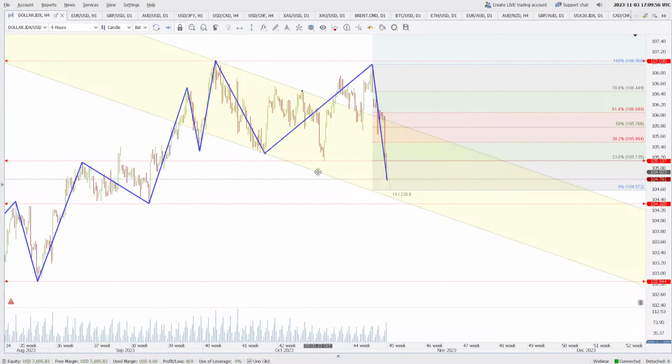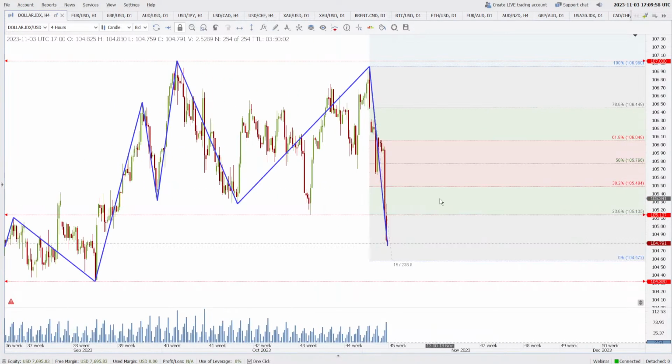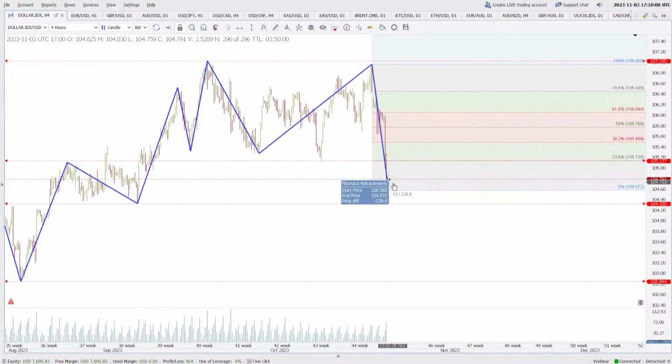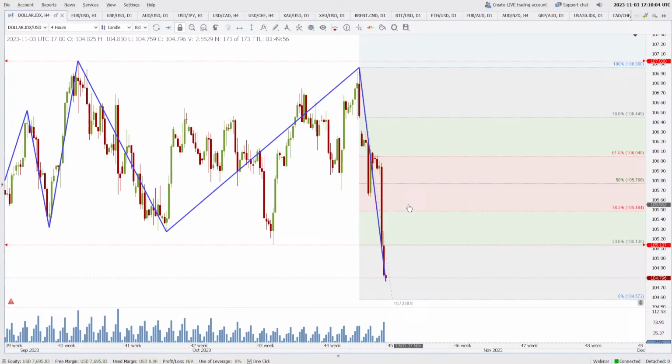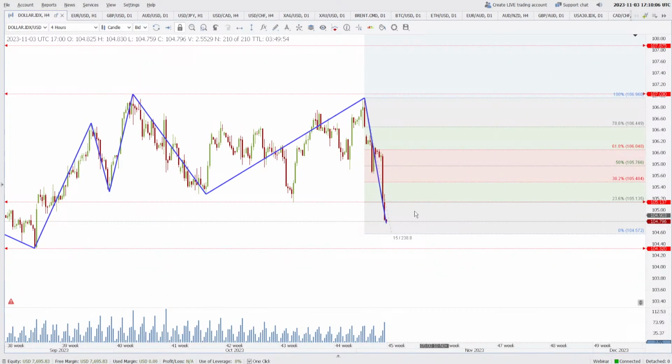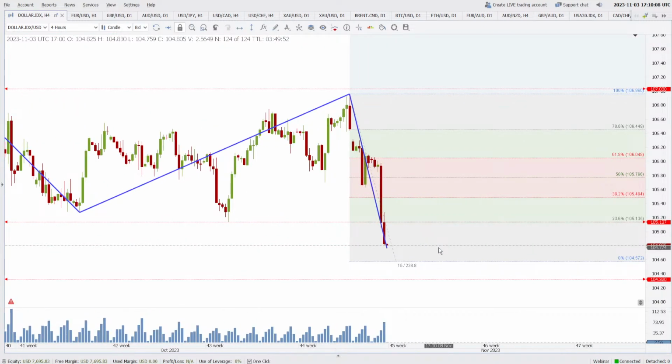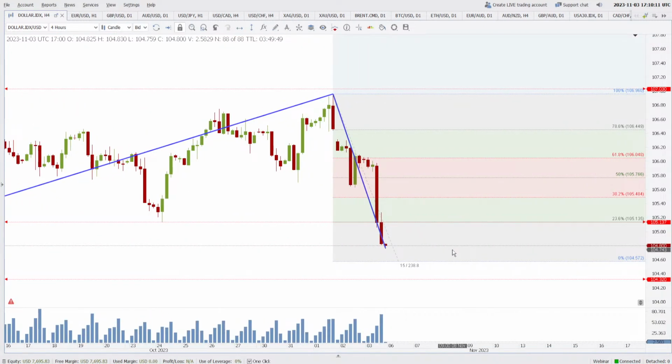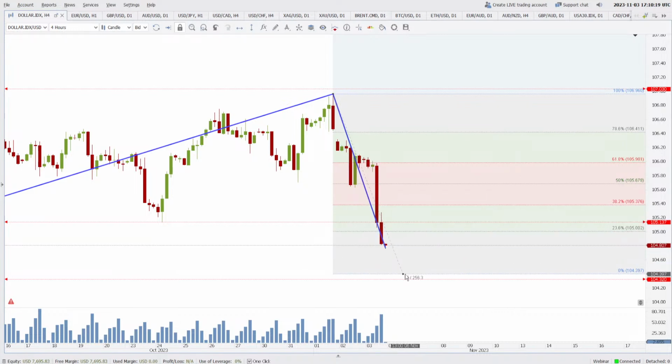So what we do, actually we can remove this channel. This channel is distracting us. So now we know that the next level of support is approximately 104.32. This is possible, and if the price continues to 104.32, then we cannot do anything about it. That's just, you can say, bad luck for us. But if for some reason the price starts building up to the top side, like the 105.13 area maybe, then we will be looking for a selling opportunity.